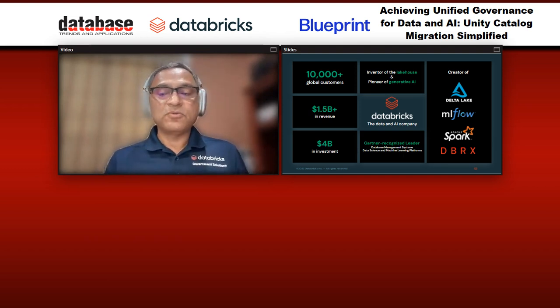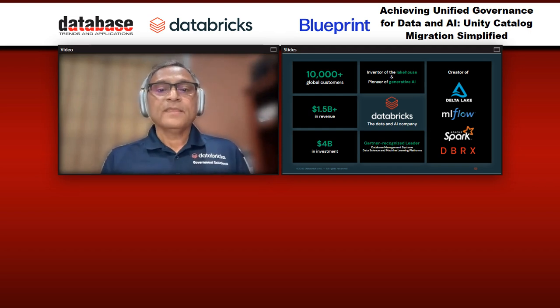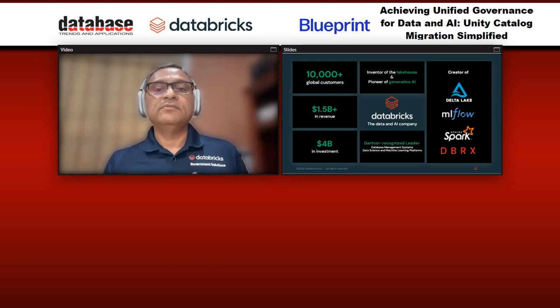We have more than 4 billion in investment from a lot of high-profile investors, including all three clouds and some big-name venture capital firms from Silicon Valley. Databricks is the inventor of the Lakehouse paradigm. You hear that name a lot. That's the concept that we invented, and we democratized that concept. Lakehouse is essentially a combination of your traditional data lake and data warehouse fused into one product.